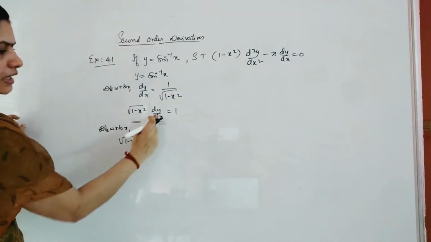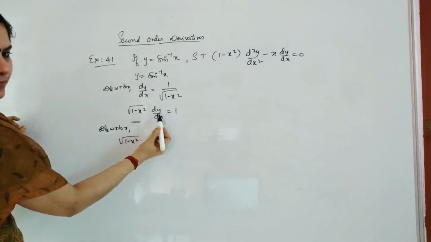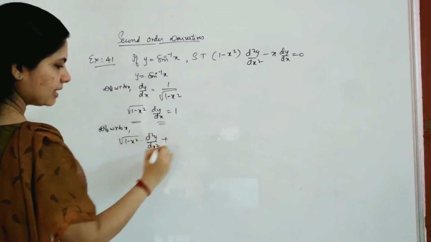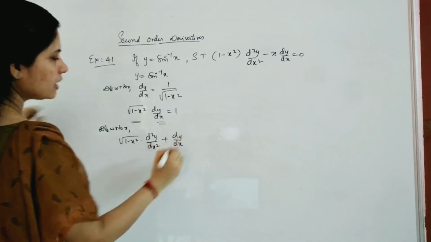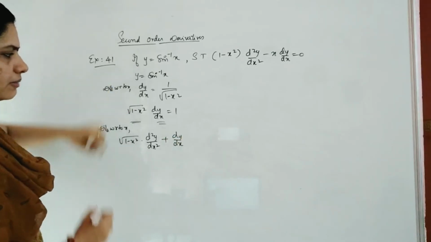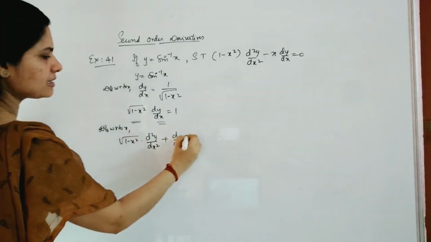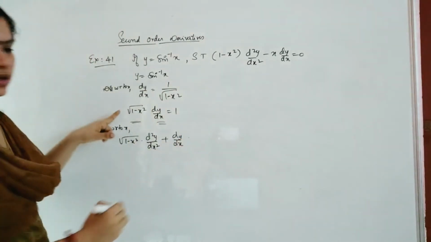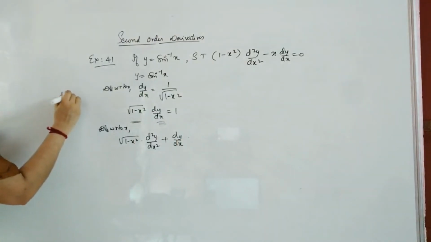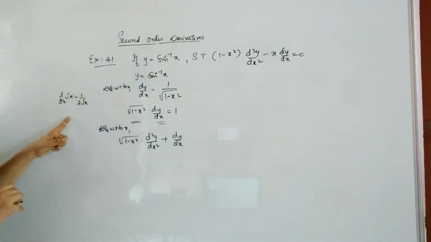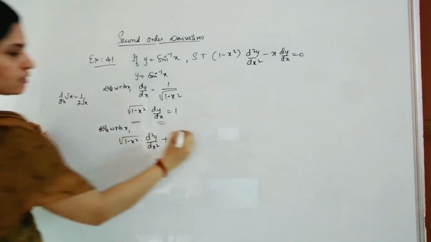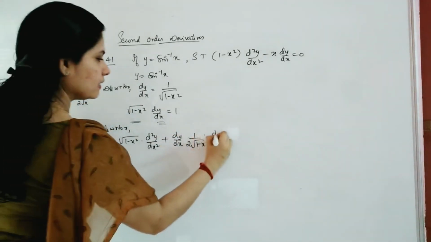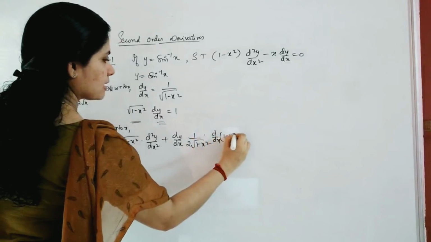First function into derivative of second. What is the derivative of dy by dx? Derivative of dy by dx is d square y by dx square. So you will get d square y by dx square here, plus second function into derivative of first. What is the derivative of first? It is root of 1 minus x square. So you can just make it as, this is 1 by something now. So minus 1 by, what you will get, derivative of root x is 1 by 2 root x, right? So here you will have the derivative of this as 1 by 2 root of the same term, but since it is not x, you will write the derivative of 1 minus x square also.